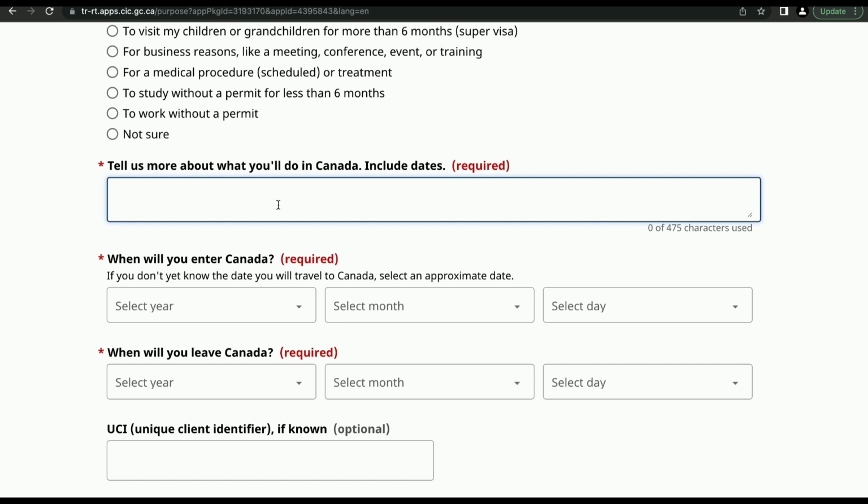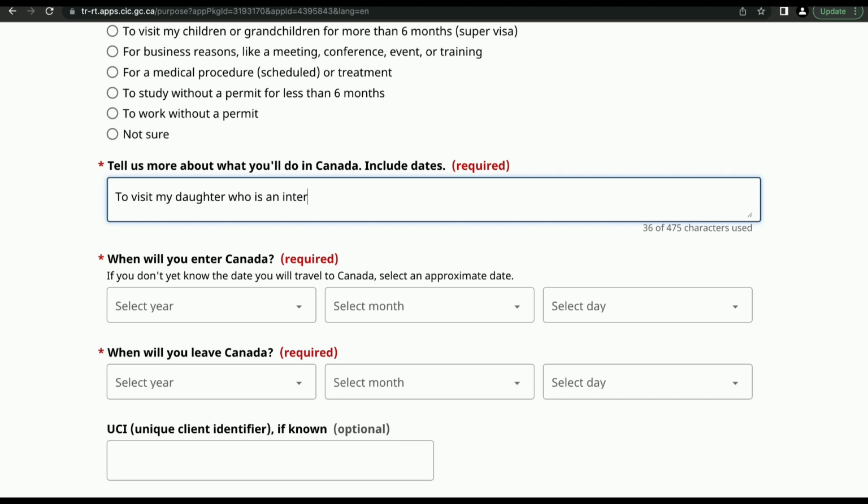And over here even the purpose of visit you need to mention. Whatever you're writing here, make sure your purpose of visit is mentioned, what your dates are, and what your main intention of coming to Canada is. And in this, even attach your strong home ties, that you will 100% return back to your home country. So over here we'll just write: to visit my daughter who